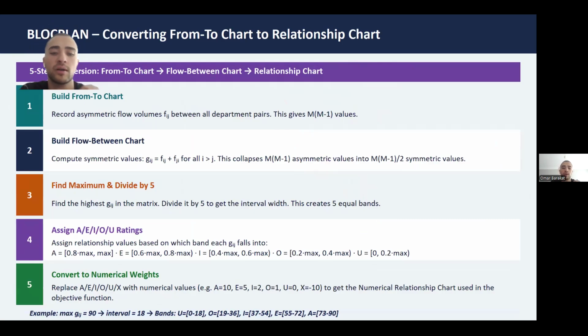Now let's move to the block plan. Block plan stands out for three reasons. First, it accepts both relationship chart and a from-to chart as input. No other algorithm covered this week does that. Second of all, it can be used as both construction algorithm and improvement algorithm. And finally, it evaluates layouts using both the adjacency-based objective and the distance-based objective, giving you two independent measures of